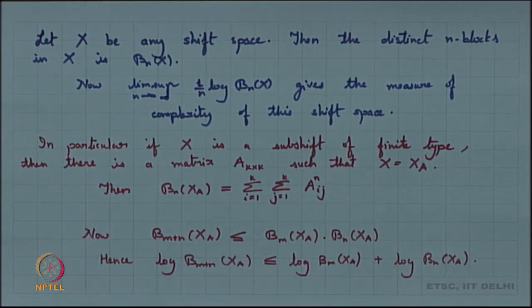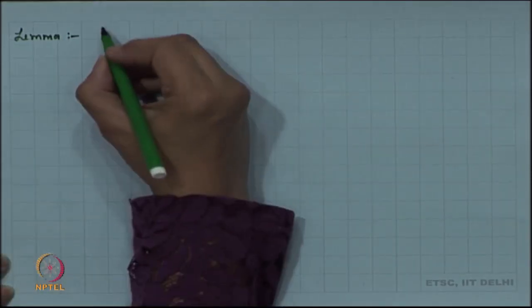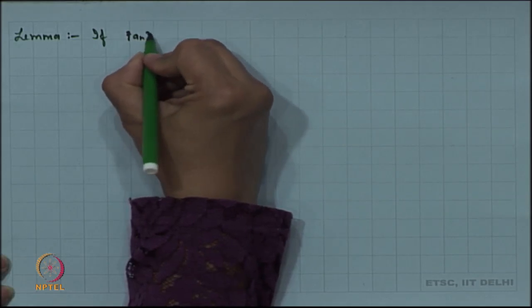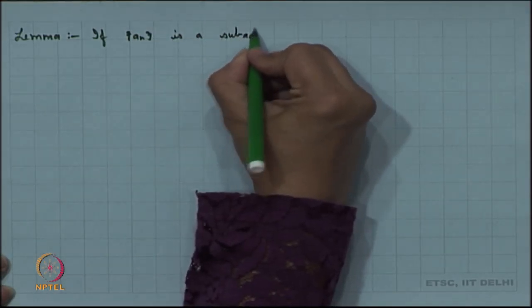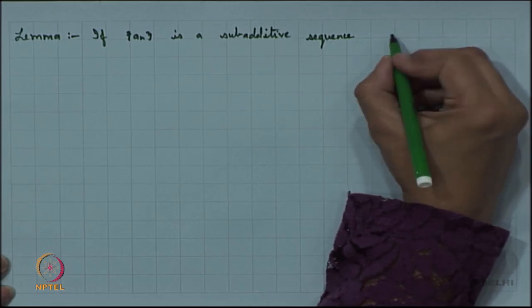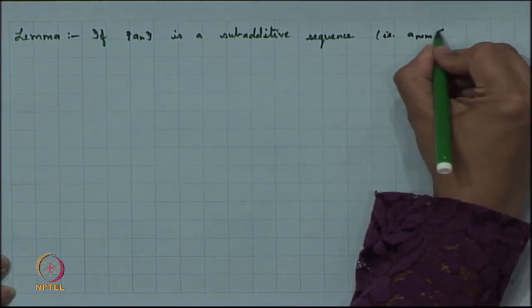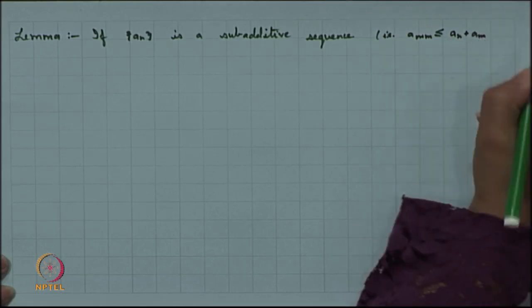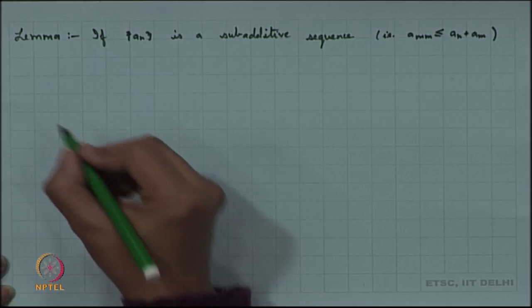Now, we will look into a small lemma here, and this lemma is basically from real analysis. I would encourage you to try to prove this, though we are not going to consider the proof here. So, if a n is a subadditive sequence, that means a n plus m is less than or equal to a n plus a m. Supposing the sequence a n satisfies the subadditive condition, then